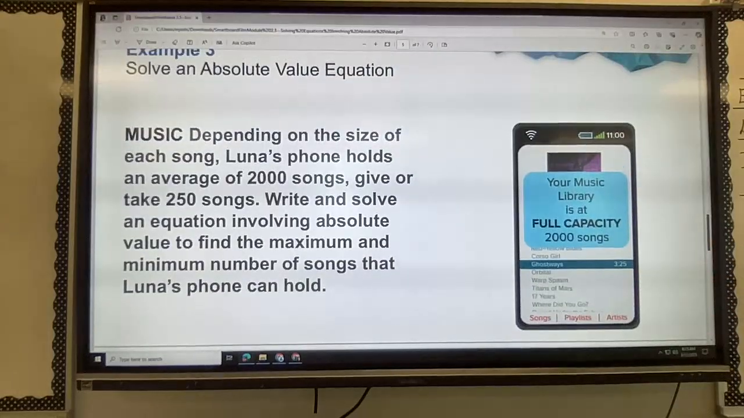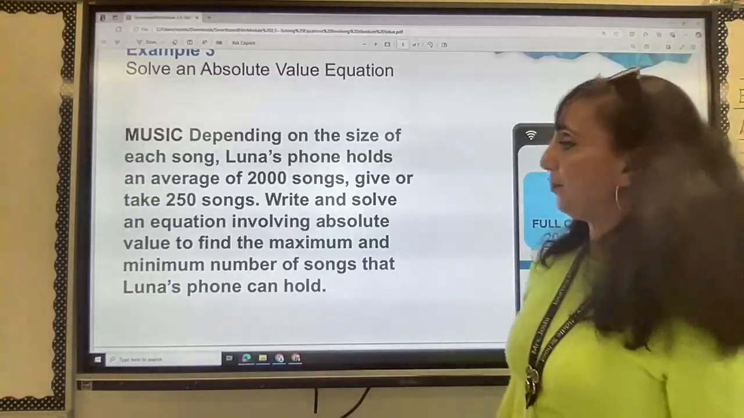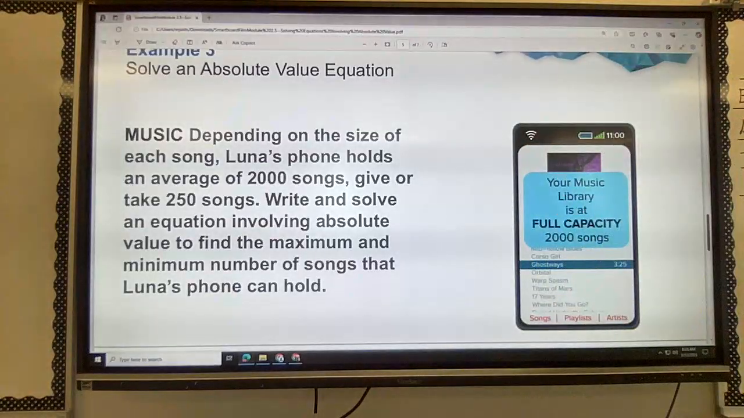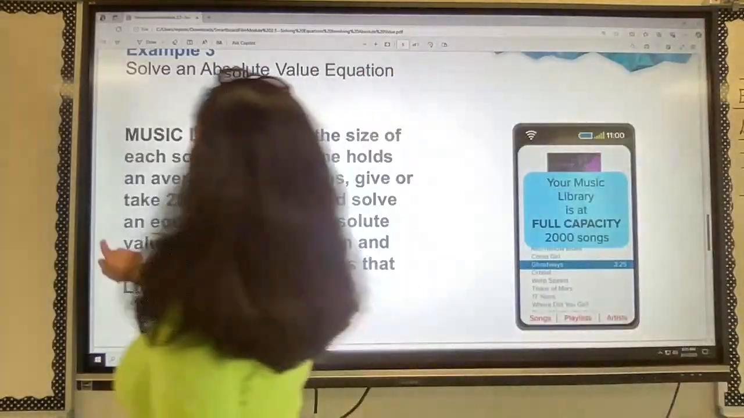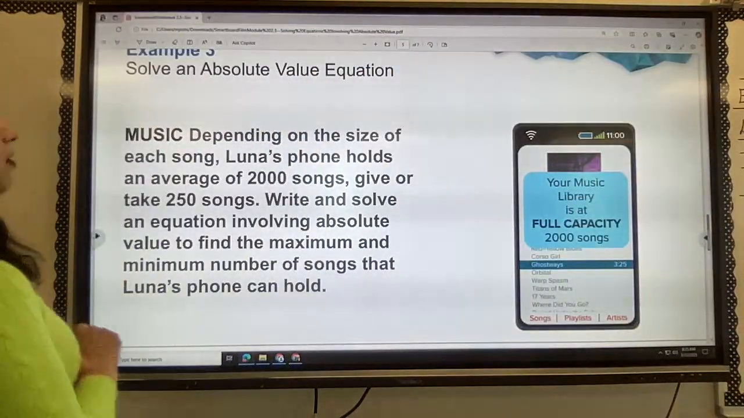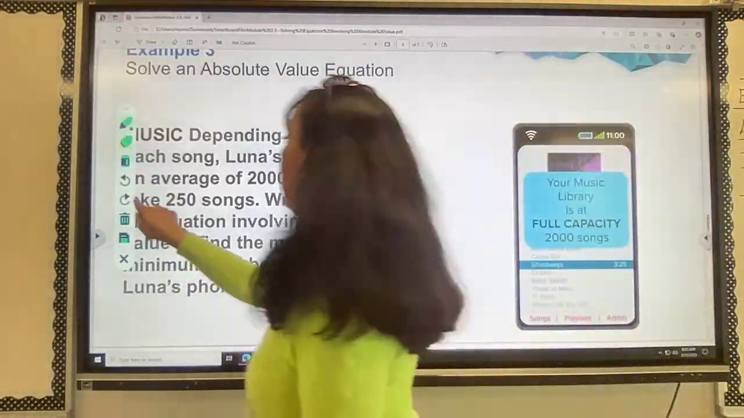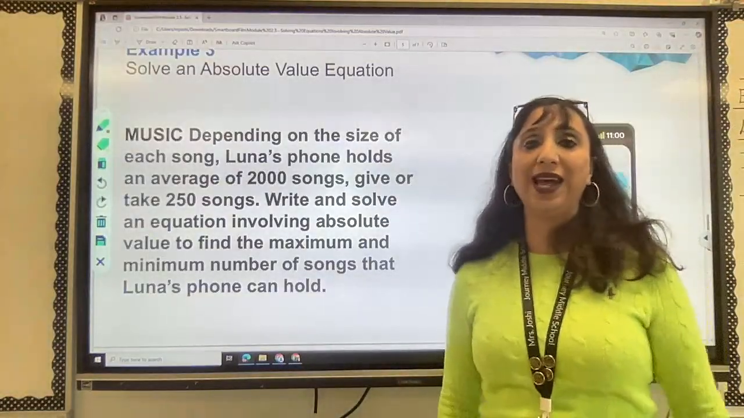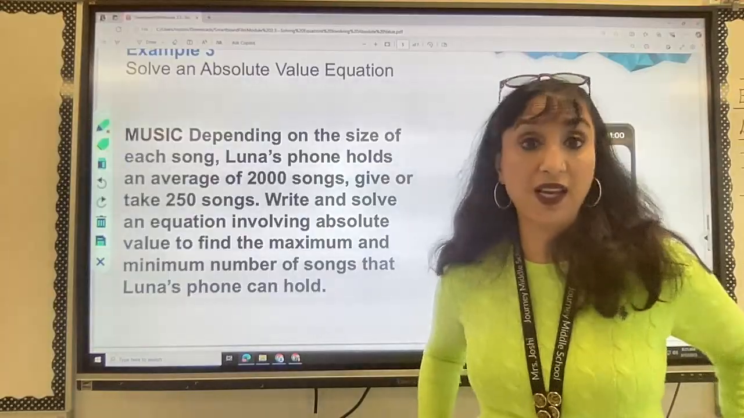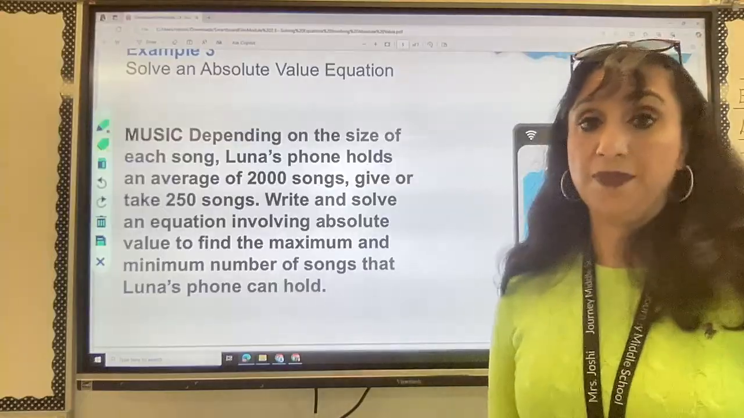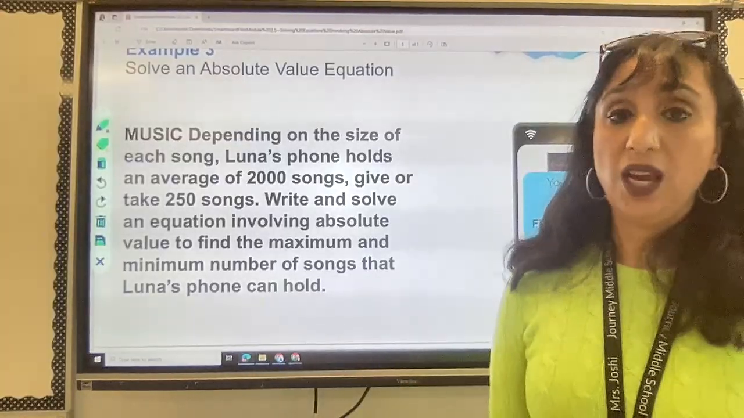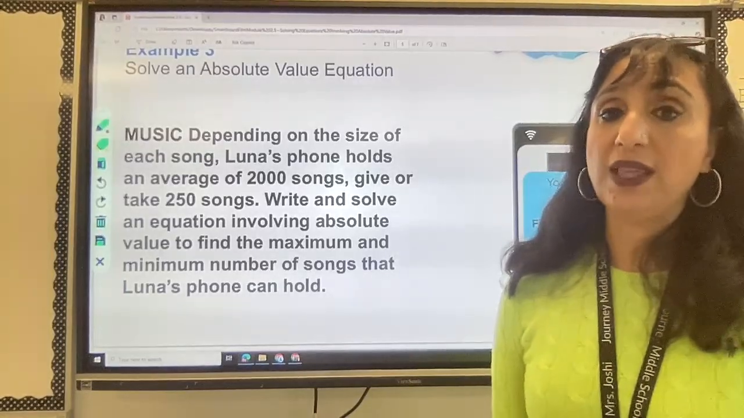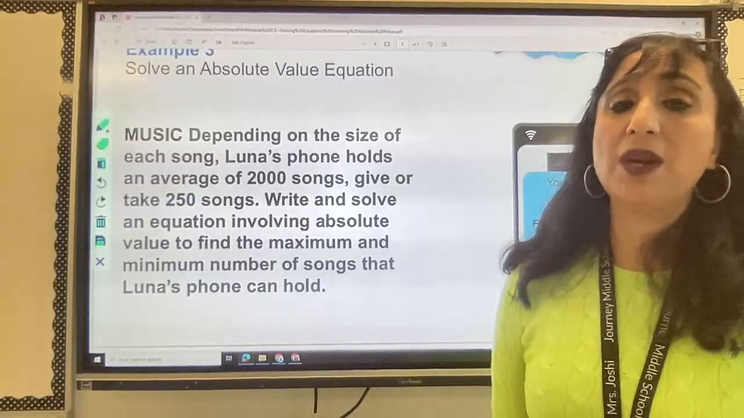and we are going to solve a problem for an absolute value equation. Okay? So this is telling me that if I look at music, all right, depending on the size of each song, Luna's phone holds an average of 2,000 songs, give or take 250 songs. Write and solve an equation involving absolute value to find the maximum and minimum number of songs that